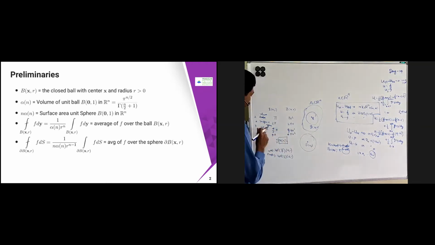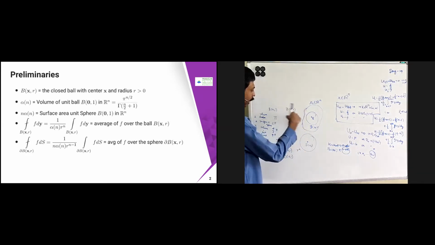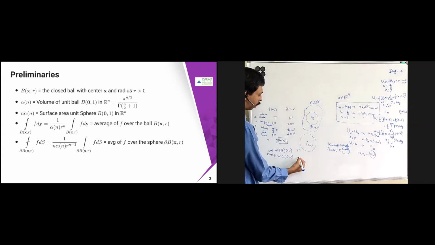Okay. So if you see the volume, in volume you can always see 2, 2, 3, 3. Here, if you see surface area, it is 1 less than that. So 2, 1, 3, 2. Therefore, when you go for P of x comma r, you just multiply whatever alpha n is for the volume of the ball with r power n. If you multiply by r power n, then you go into this set P of x comma r. In this case, multiplied by r power n minus 1, n into alpha n into r power n minus 1, that is nothing but the surface area of the ball in P of x comma r.